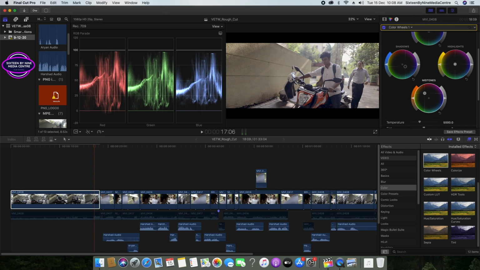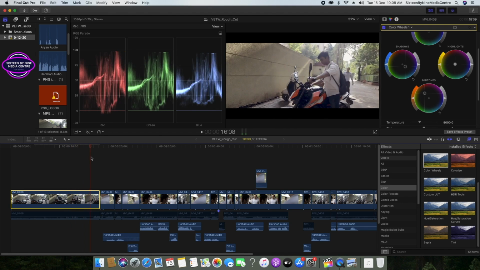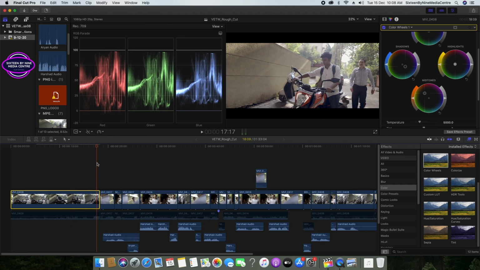Now, one thing in color grading you need to understand is that it should not look unnatural. And how do we understand whether it is looking unnatural or natural? By looking at the human face. Because we know how a human face is, if the human face is looking a bit different, then we know that the colors are wrong. The audience will know the colors are wrong. So the human face should look natural.